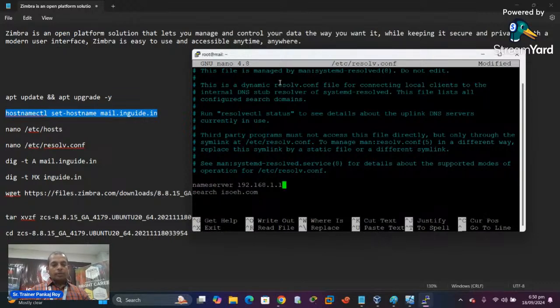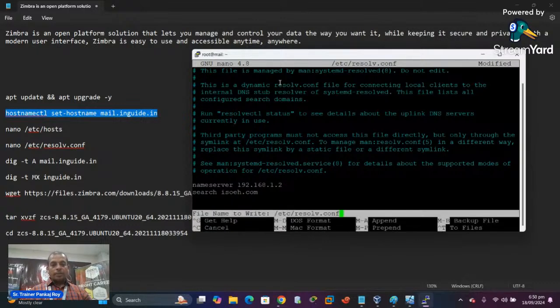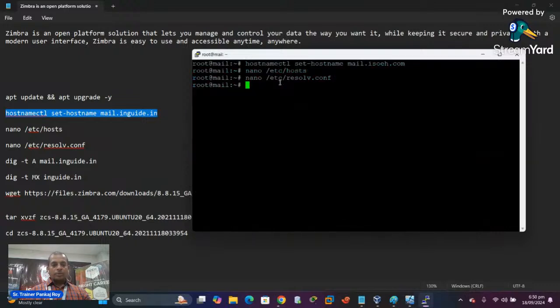Okay, this is my gateway. No, this is my DNS IP, 1.2. Okay, this is my DNS server. Control X, Y. Okay,